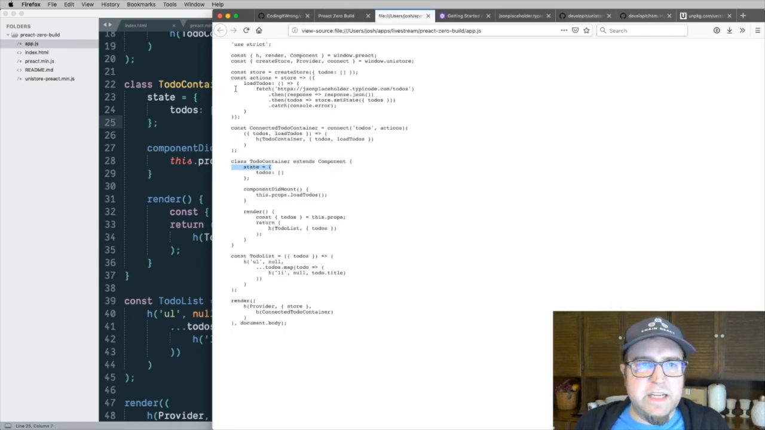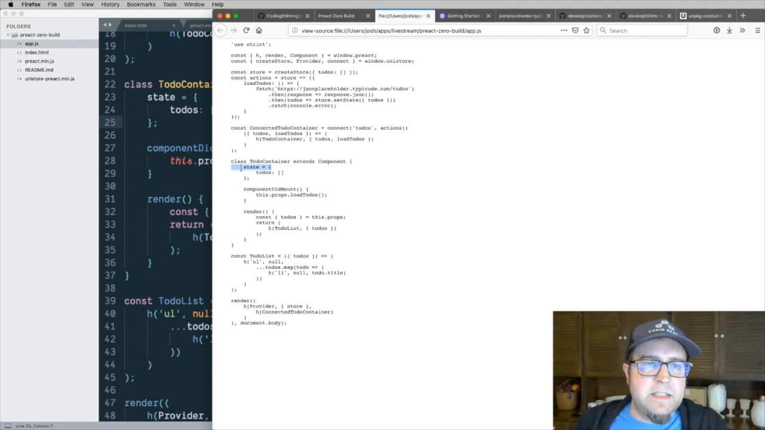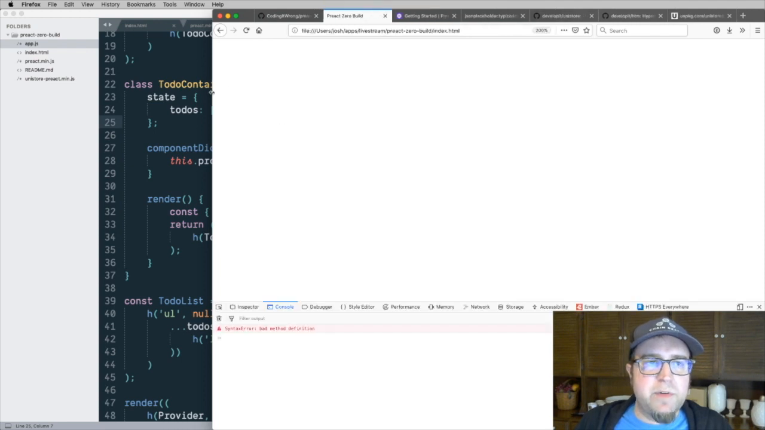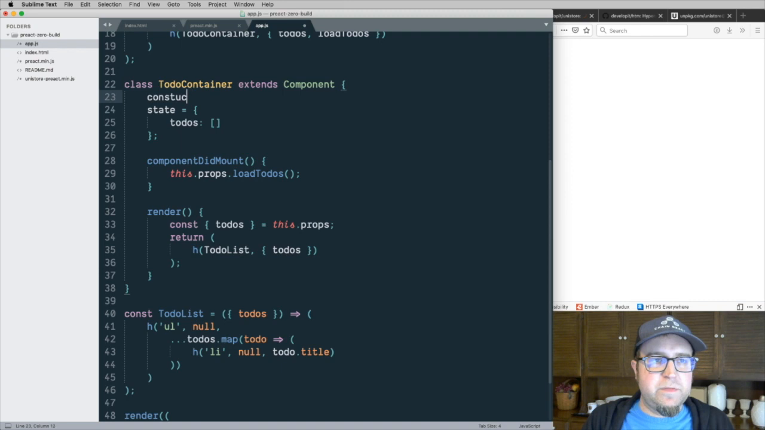Bad method definition on line 23. Yeah, so it looks like Firefox, as of this moment in time, does not have class property support, or maybe I'm doing something else wrong. So if you wanted to have a state property on your component, then you can't just define it that way. You need to use a constructor